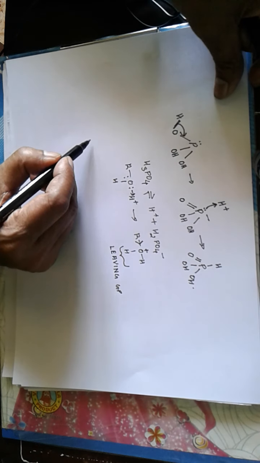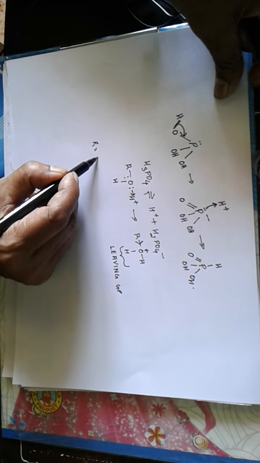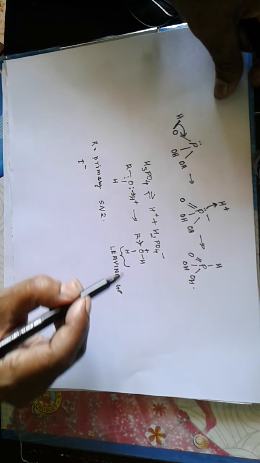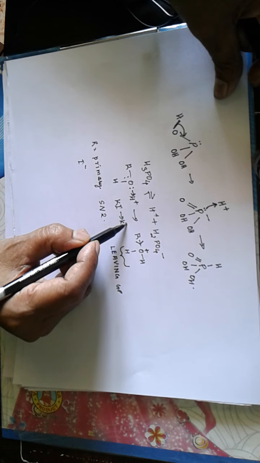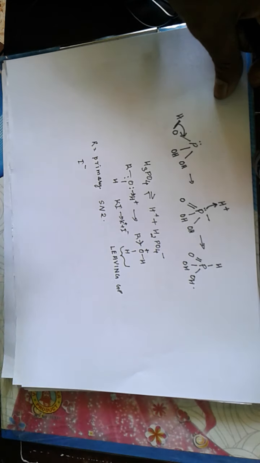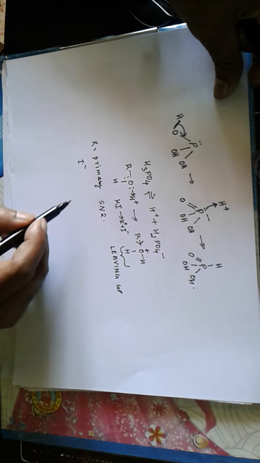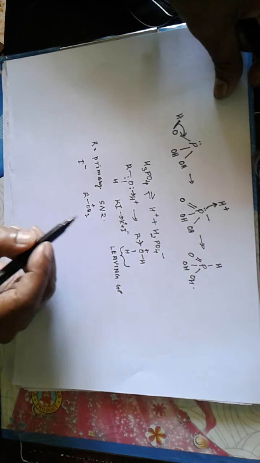Now if R is primary, or ROH is a primary alcohol, then an SN2 reaction occurs between iodide ion. Iodide ion is obtained from potassium iodide ionizing as K positive and I negative. So I negative attacks ROH2 positive